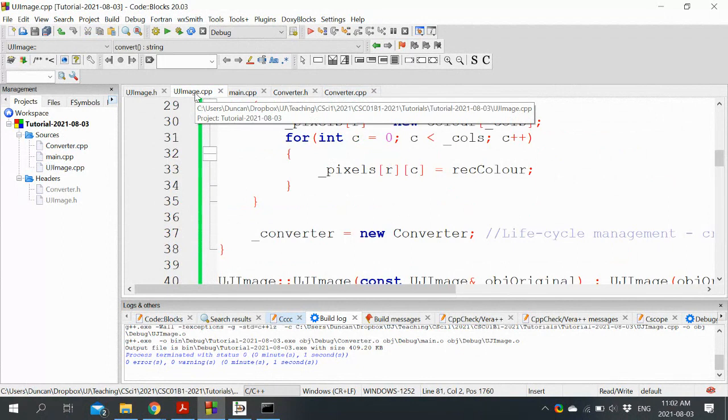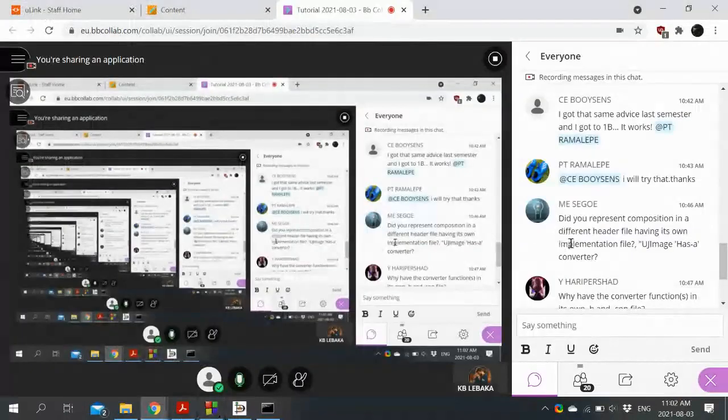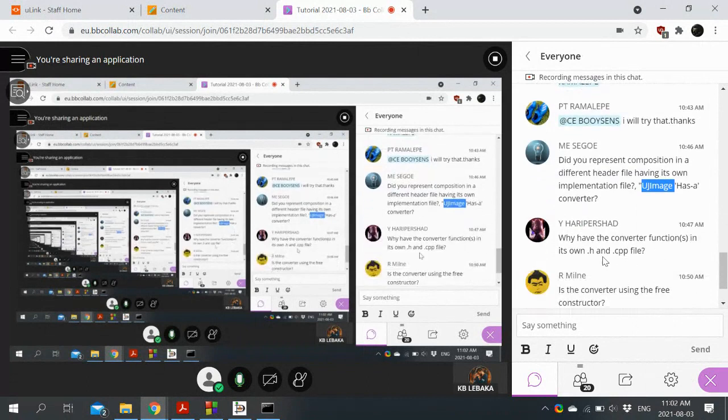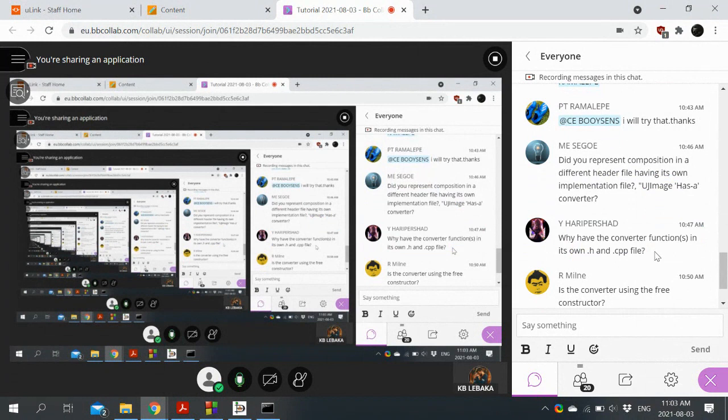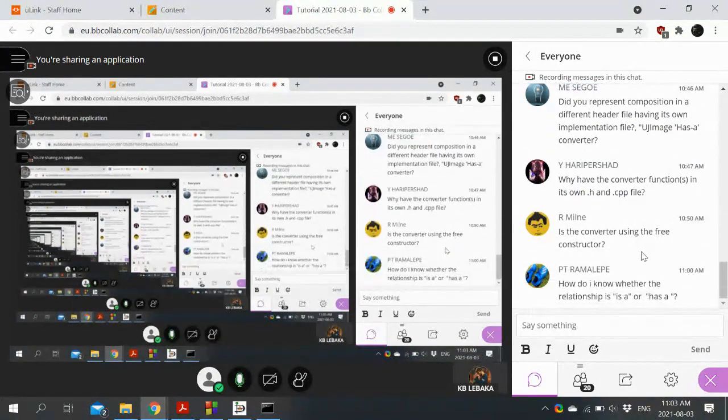Later on, we'll do container classes like lists, and they will have a special kind of class called an iterator, which will let you move through them. And those are so tightly bound to the container that we will put them in the same header file. So mostly, your UJ image has a converter, 100%. That's exactly how we would describe it. Why does it have it in its own file? Rule of thumb, each class will get its own header file and CPP file.